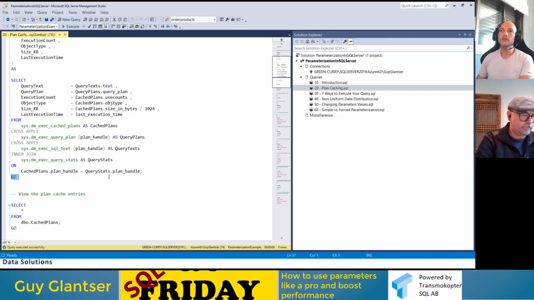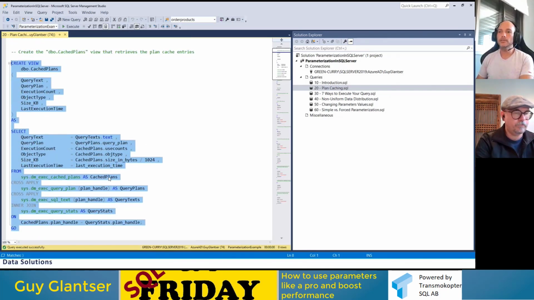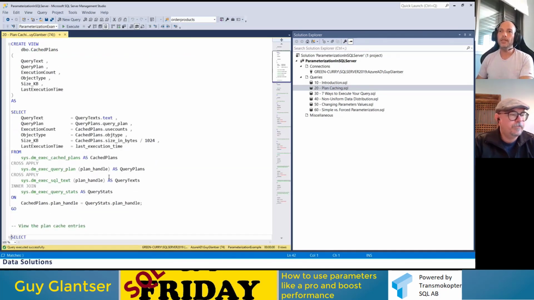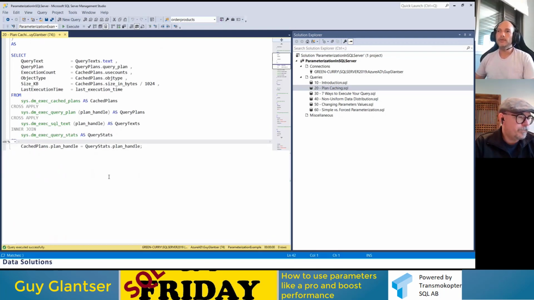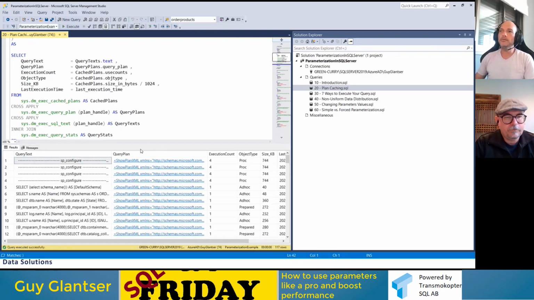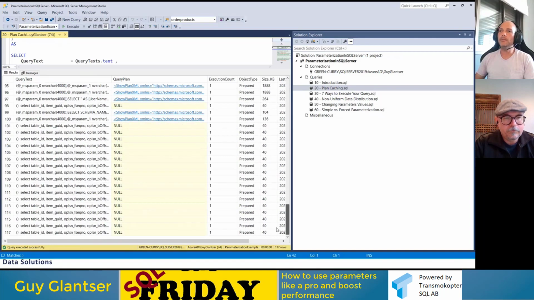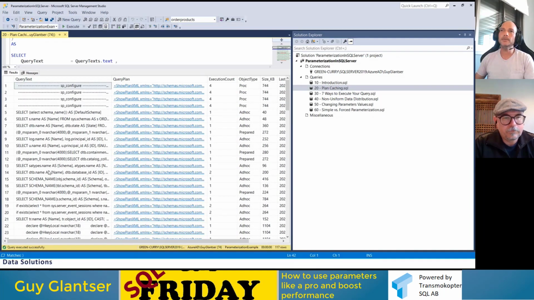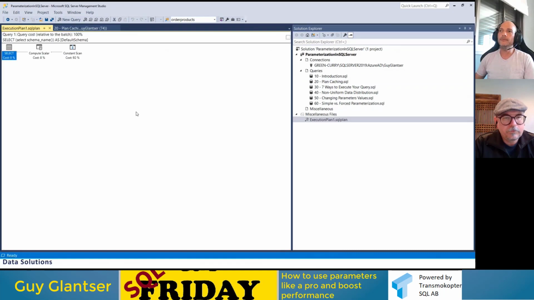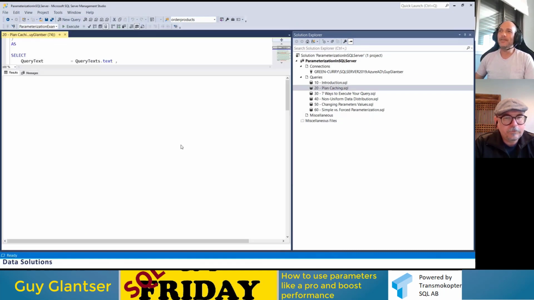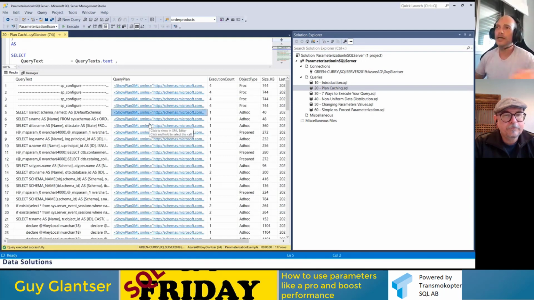So I'm going to use this view many times. This is why we create a view. And let's see what happens now. So this is my laptop. Currently, I have all of those execution plans in my plan cache. Okay, so you can see all kinds of queries. Some of them are ad hoc, prepared, procedures. You can see the plan itself. Here's just a very simple example. So this is what we have now on my laptop.